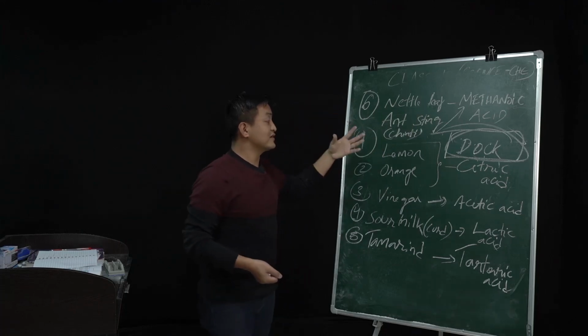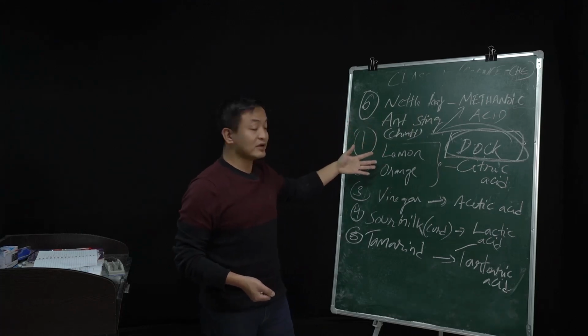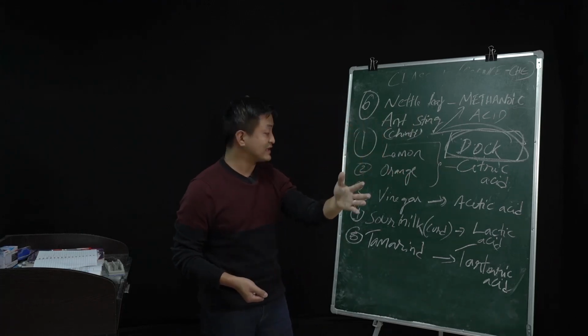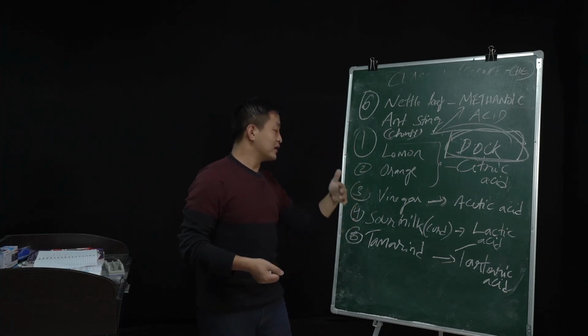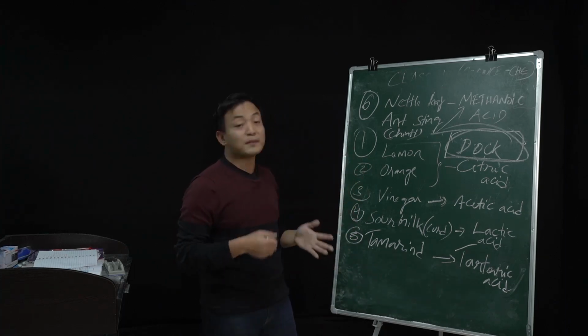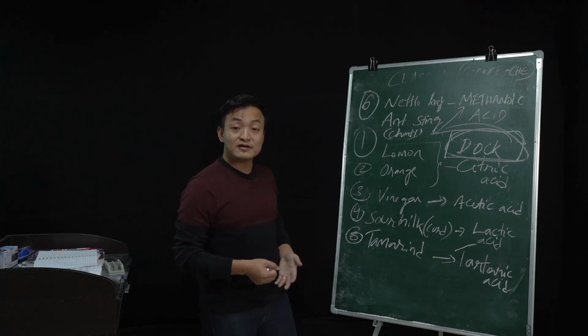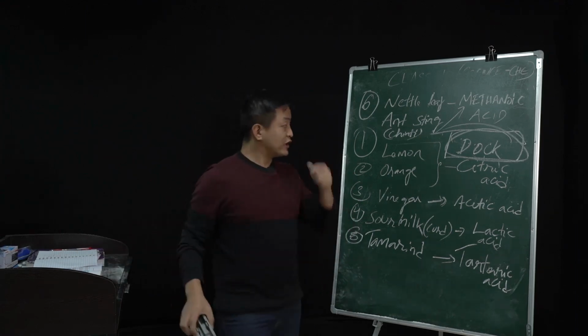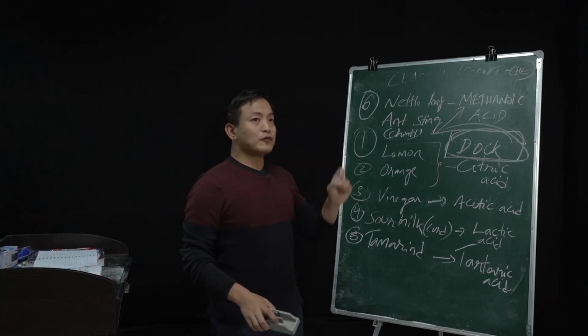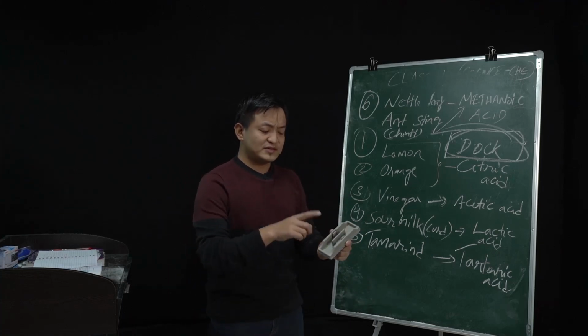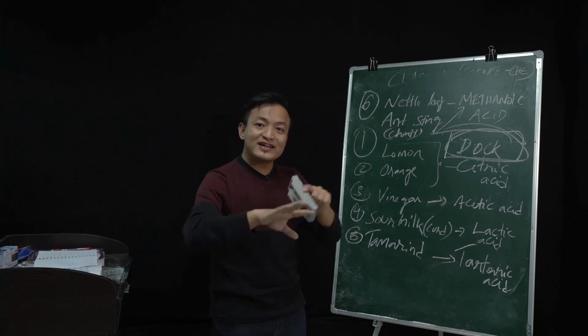Or what kind of acid we'll get from a lemon or orange? Or what is the name of the acid that we get from sour milk? So in that way, they might ask you. So you should be familiar with all the names here. Clear? Okay, so if you are done with this one, now acid, base, or salt are everything that is surrounding